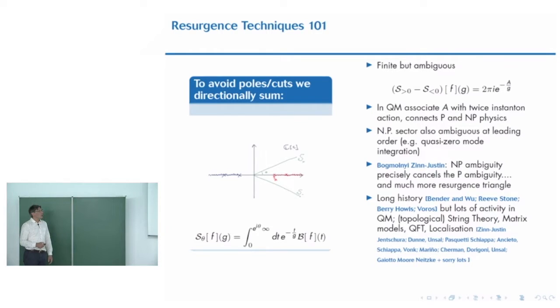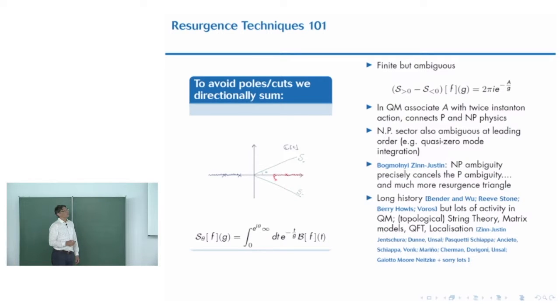So we've got an integrand that can depend potentially on the direction in which we're integrating. And indeed, as you pull this integration contour through the cut, you can get a jump. You can get a jumping phenomenon. So this prescription gives us a finite but ambiguous answer. So we've gone from no answer at all to a finite but ambiguous answer.